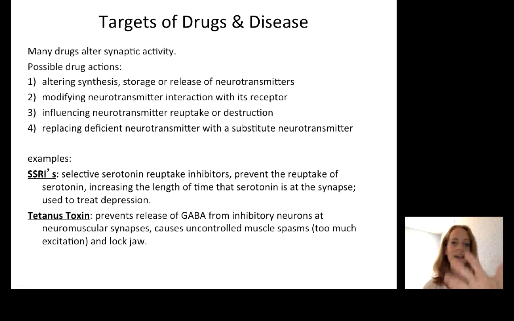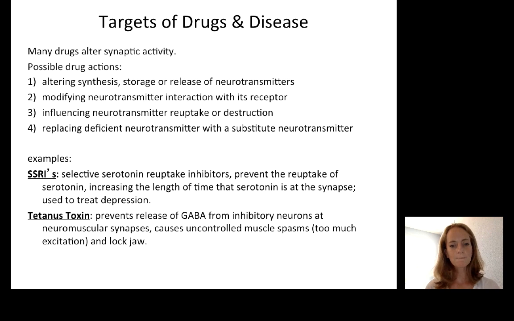That will increase activation in an individual that does not have enough activation of these serotonin synapses. In other words, they're depressed. So increasing that activation gets more serotonin released, more active synapses,